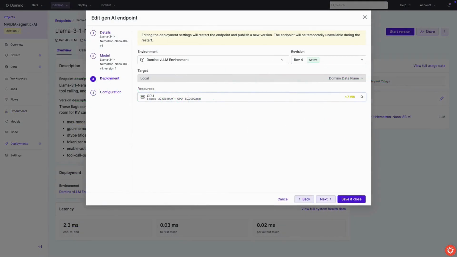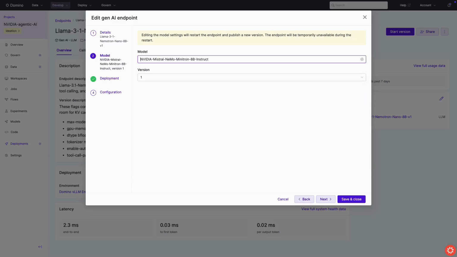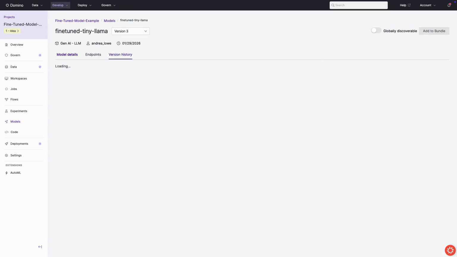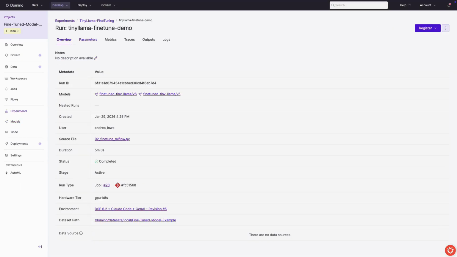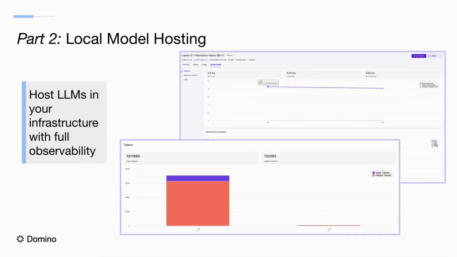If I need better performance, I have options. I can select a larger hardware tier, deploy a bigger model, or fine-tune on domain-specific data. Domino tracks all of these configurations the same way, keeping them versioned, reproducible, and auditable. You get lower costs than API providers, security that satisfies your most cautious stakeholders, and the same observability you'd expect